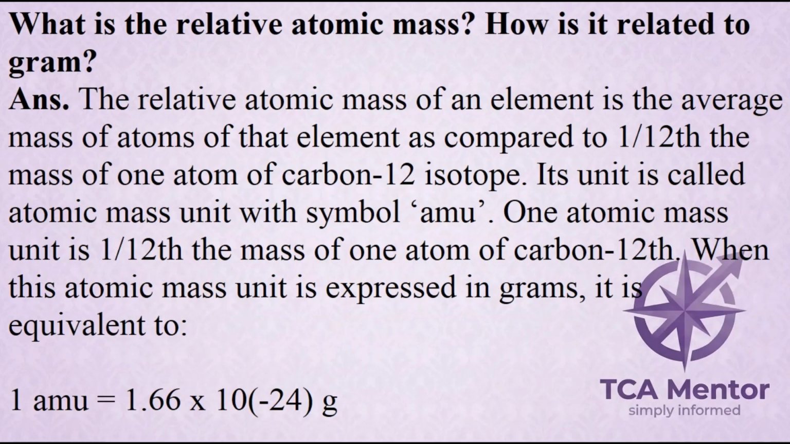What is the relative atomic mass? How is it related to gram? Answer: The relative atomic mass of an element is the average mass of atoms of that element as compared to 1/12 the mass of one atom of carbon-12 isotope. Its unit is called atomic mass unit with symbol AMU. One atomic mass unit is 1/12 the mass of one atom of carbon-12. When this atomic mass unit is expressed in grams, 1 AMU is equal to 1.66 times